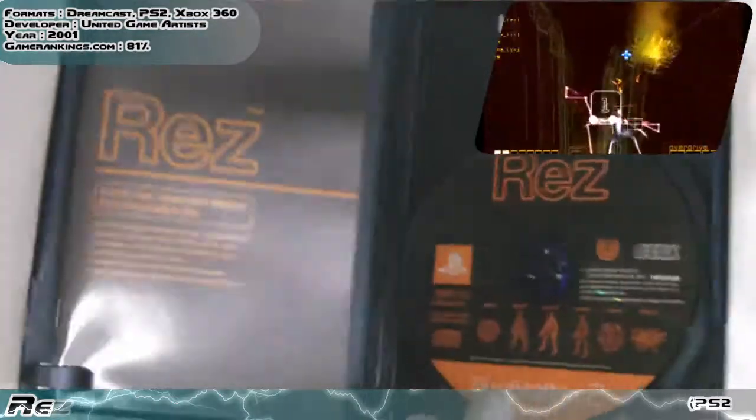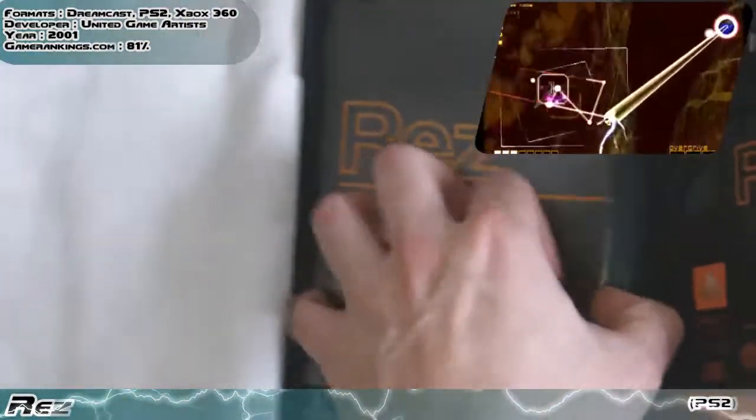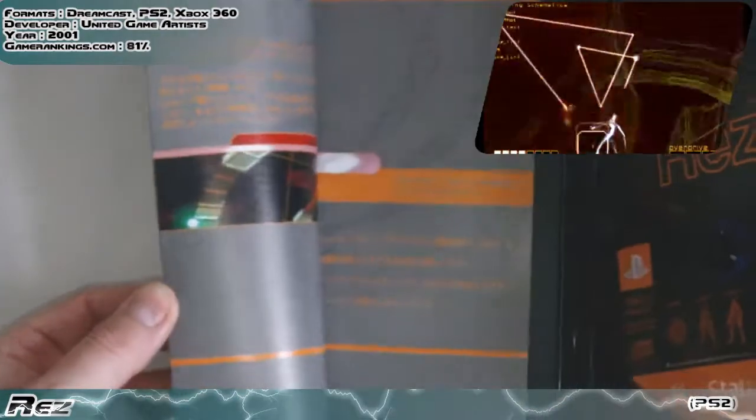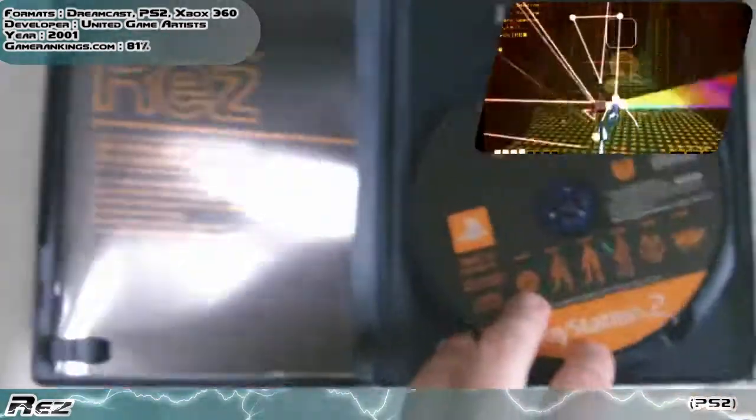But yeah, anyway, Rez. Amazing looking little disc here. Oh, it's blue as well. Must be quite old. That is lush. Really love the design of the disc. Kept it from the manual as well. Even the manual looks really cool. So yeah, I like this. I like what I played on the Xbox. I never really played it before, but it seems really...